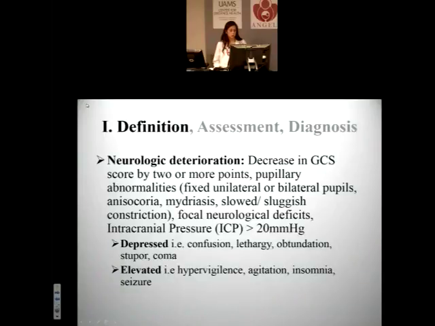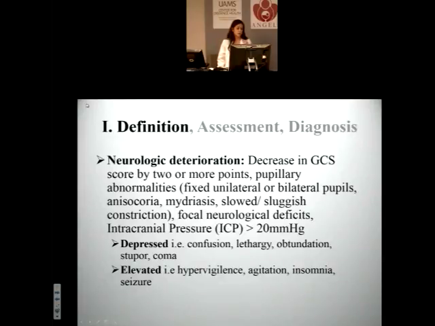It also includes pupillary abnormalities, which can be fixed pupils unilaterally or bilaterally, anisocoria, mydriasis, slow or sluggish pupil response, focal neurologic deficits that are new or exacerbated neurological deficits. For instance, a patient with hemiplegia who has worsening in their strength and coordination, a patient with language deficits who has worsening in their speech intelligibility or worsening in their aphasia,